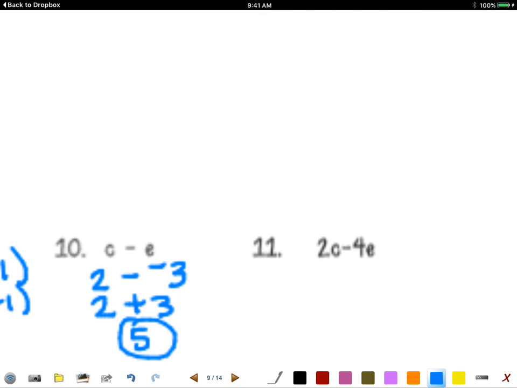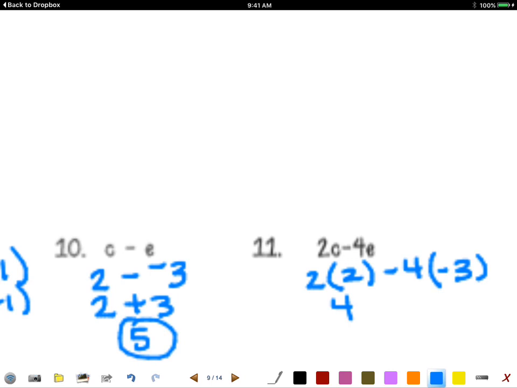Okay, number 11, 2 times C. 2 times C is 2. Minus 4 times E is negative 3. Okay, listen very carefully here. 2 times 2 is 4. Now,